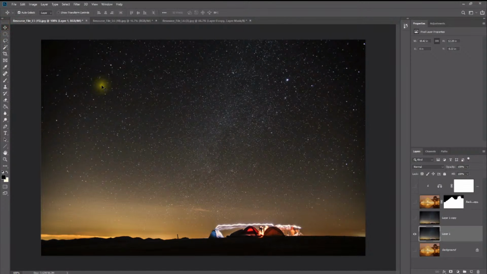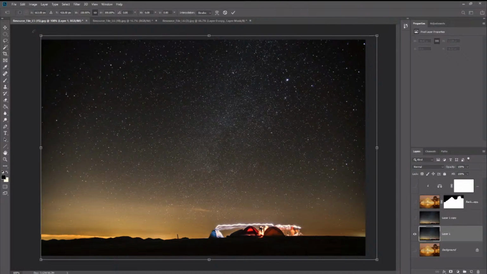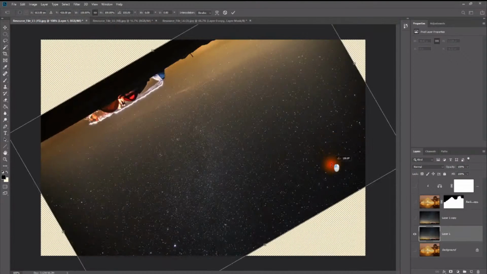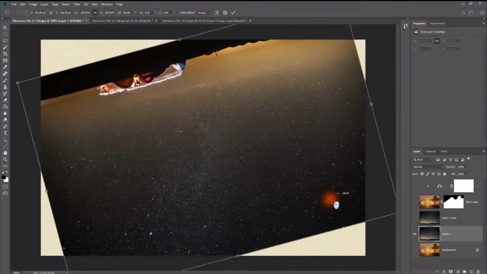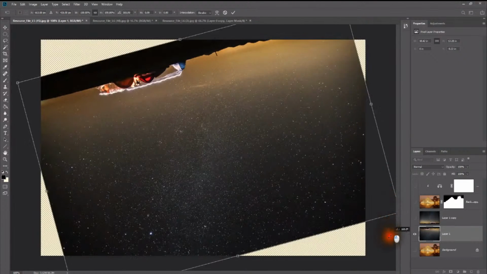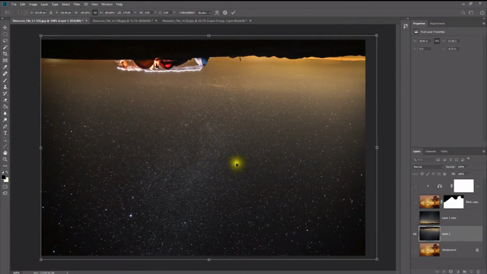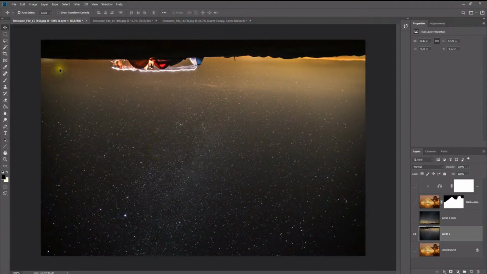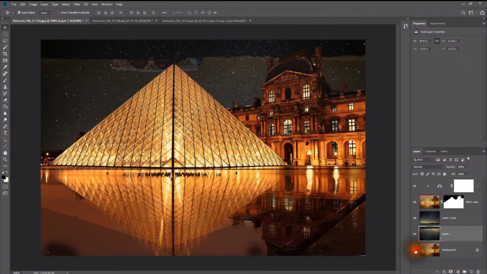So if I come to my Control T option here again, I can just go to the edge and rotate that. Now if you hold shift while you're rotating it, it'll help you to keep your lines straight. So shift while you're rotating the edges of that, you can see it just helps to keep everything nice and straight. We just shift it over a little bit. It doesn't have to be 100% accurate. Now if I switch on all my layers here again,